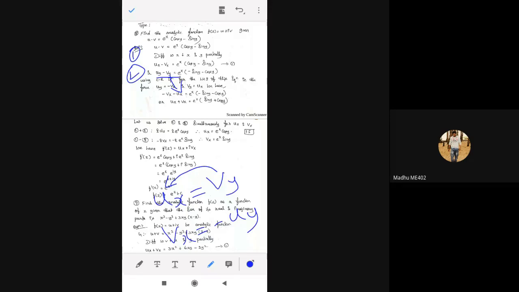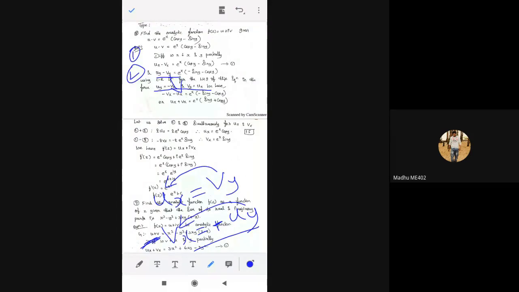So that we have done. Now similarly, in the place of uy, we should write minus vx. Here minus is there, so multiply minus on both the sides. Here plus will come, here minus will come. Minus into minus is plus, minus into plus is minus. So in the place of uy, we need to write minus vx. See, that is what I wrote here.